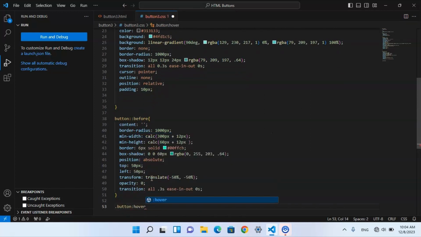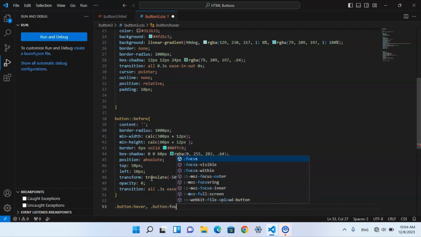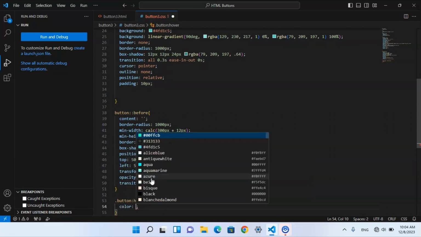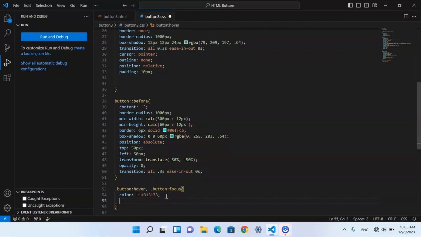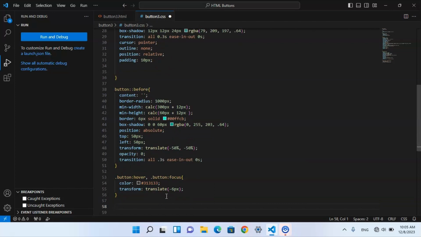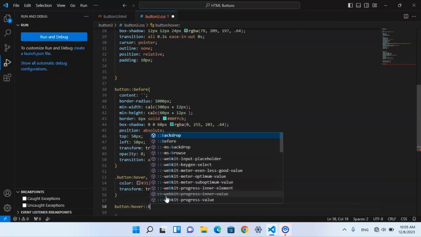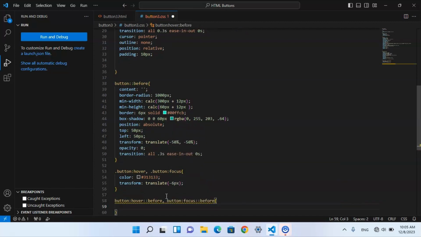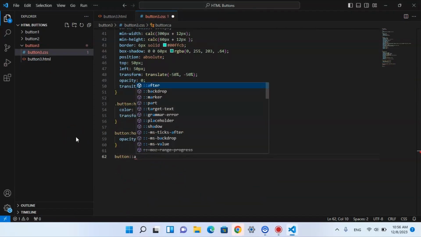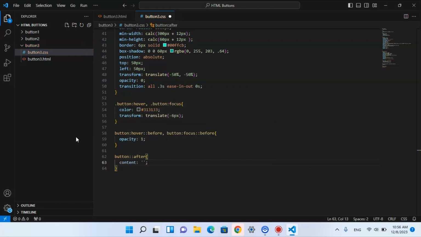Now select button:hover, comma, button:focus, transform translate minus 6 pixel, button:hover::before and button:focus::before, opacity 1. And now select a button ::after content,